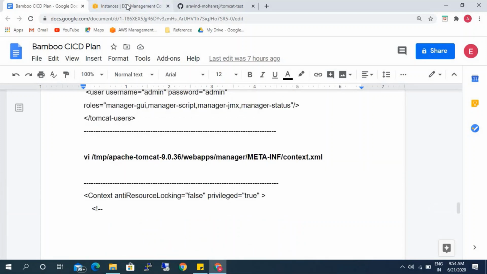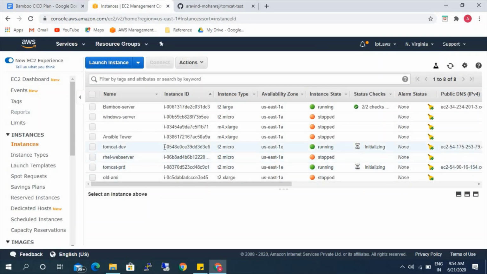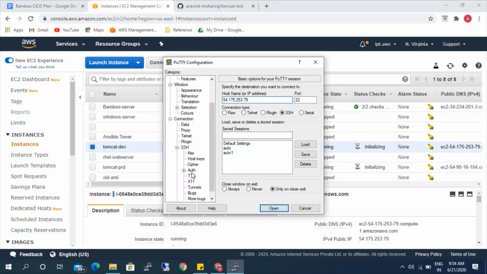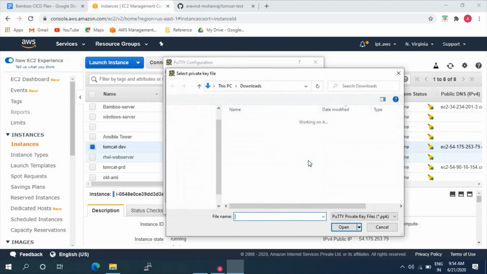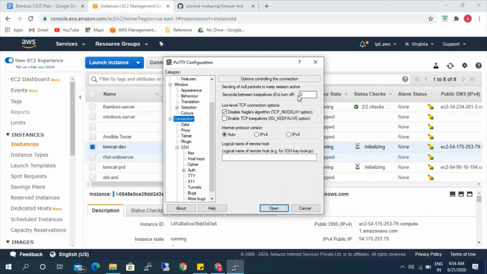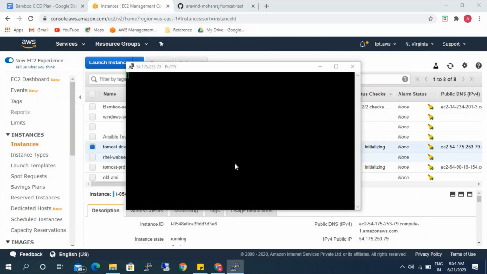Okay, so let's go ahead and connect to the server and start with the installation of Tomcat. Let's first connect to the dev server. Okay, connected.